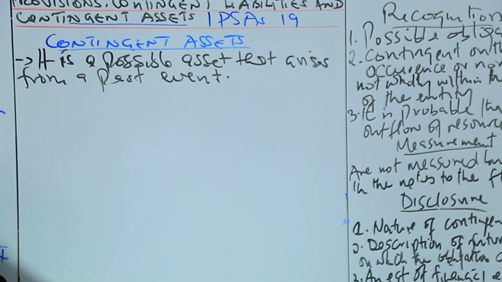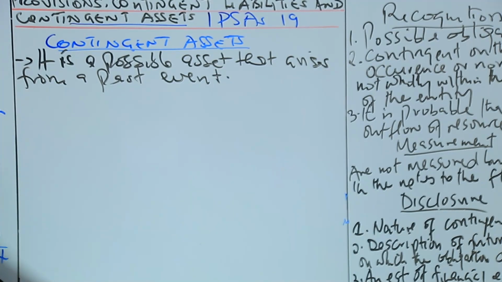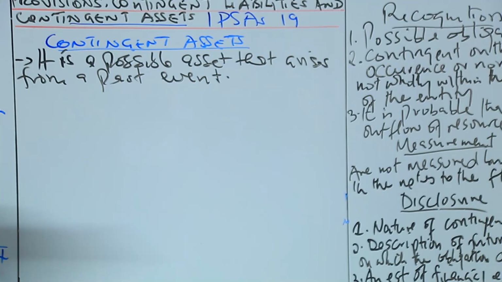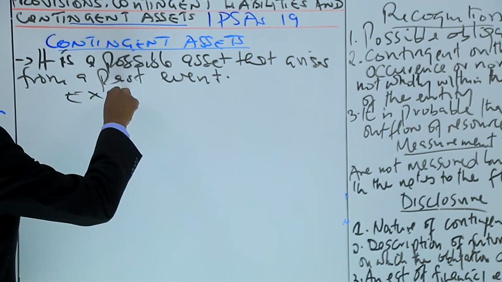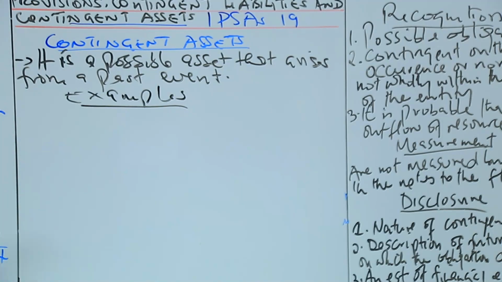And just like contingent liabilities, contingent assets are not measured. They are not measured but disclosed in the notes to the financial statements. Now, to help us understand better, I'll give examples of contingent assets. What are examples of contingent assets? One example could be